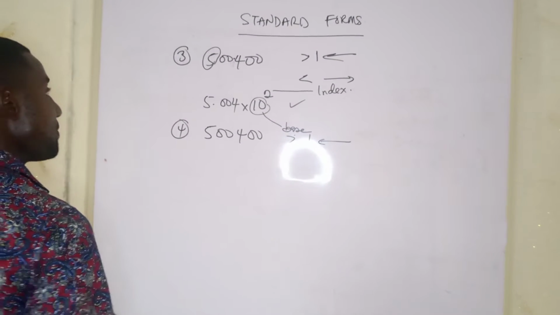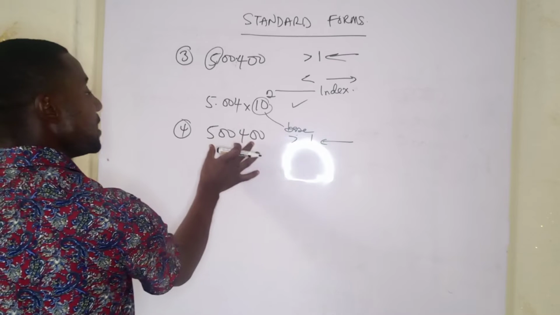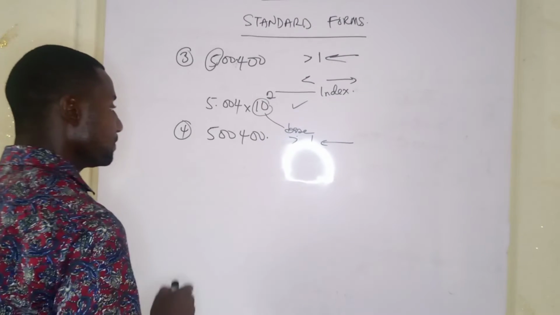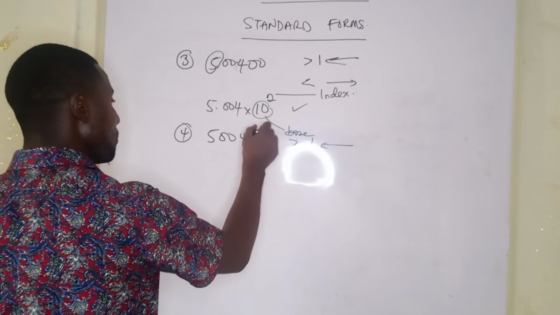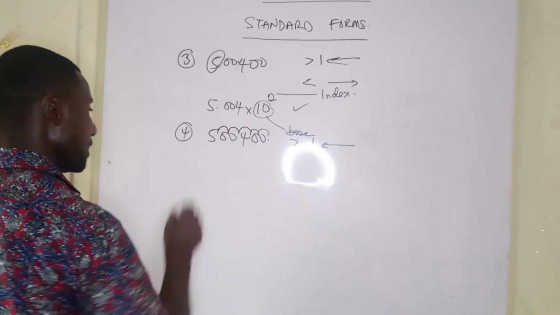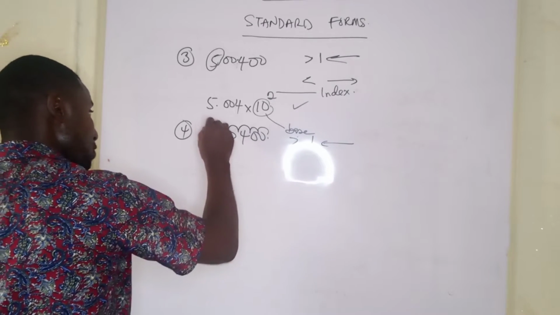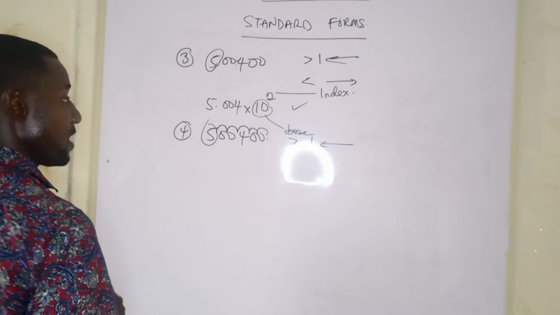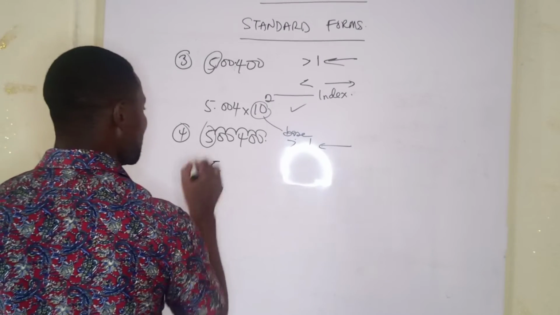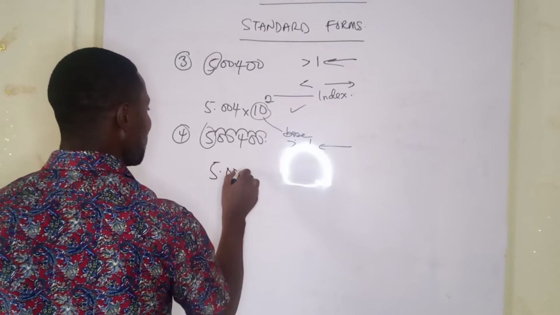It means we will count backward. And from the second example we did, I told us that when there is no dot, the dot will be at the extreme. So we move backward. 1, 2, 3, 4, 5. What are we doing? We are moving to the point where we have the unit value, which is 5. So we have here 5.004